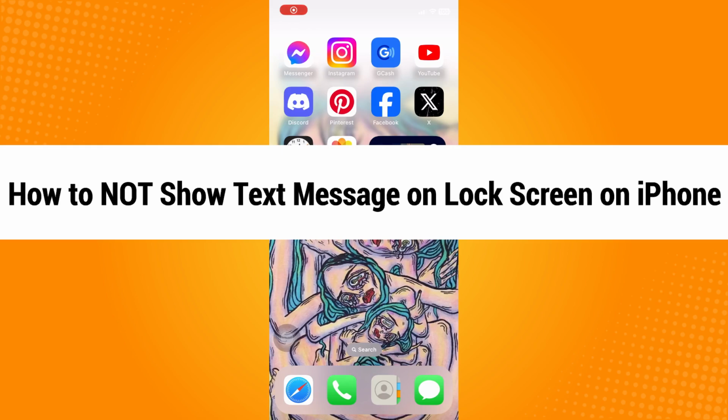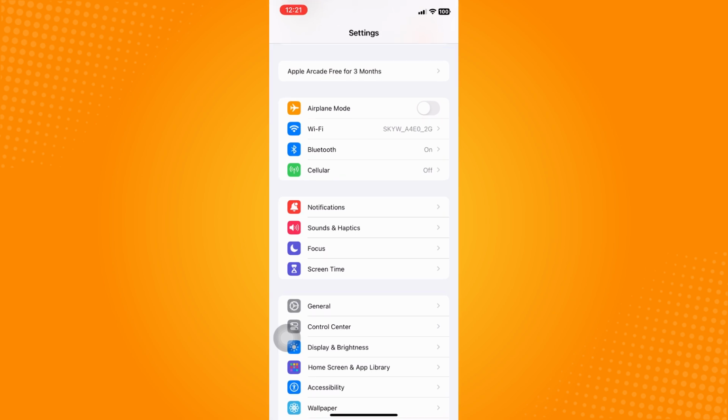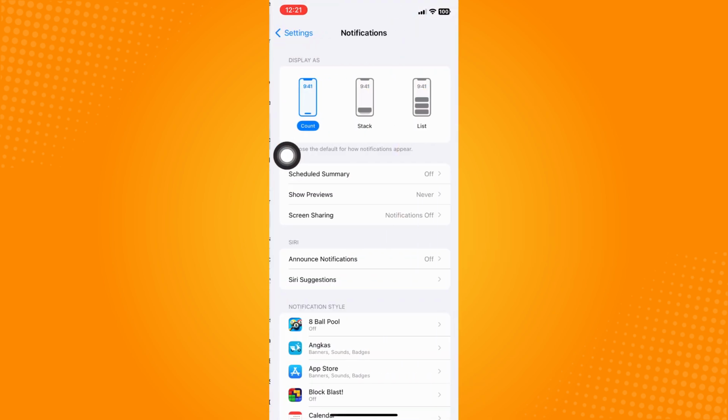How to not show text message on lock screen on iPhone. So all you have to do is go directly to your settings, and after that you're gonna click on notifications here. Click on that, and since we want to specifically not show the text messages, so what you're gonna do is